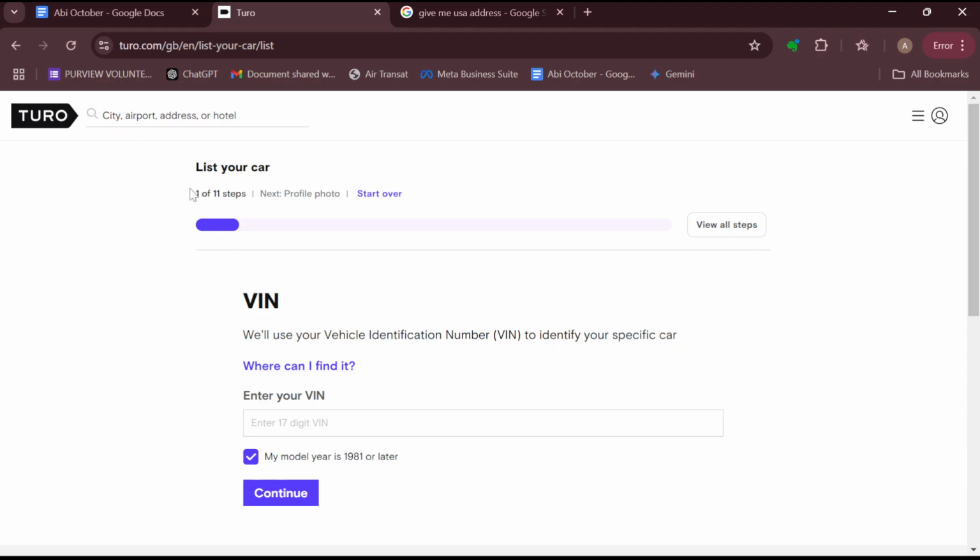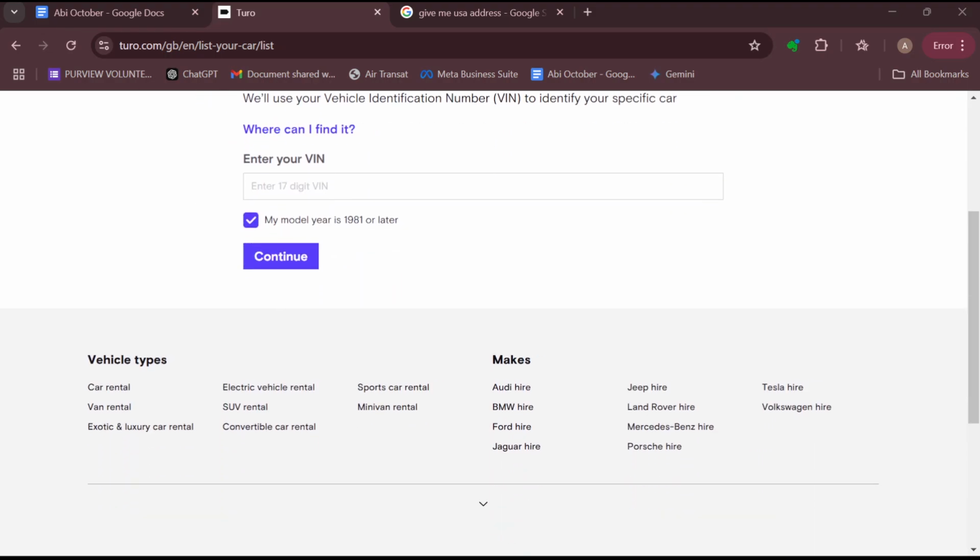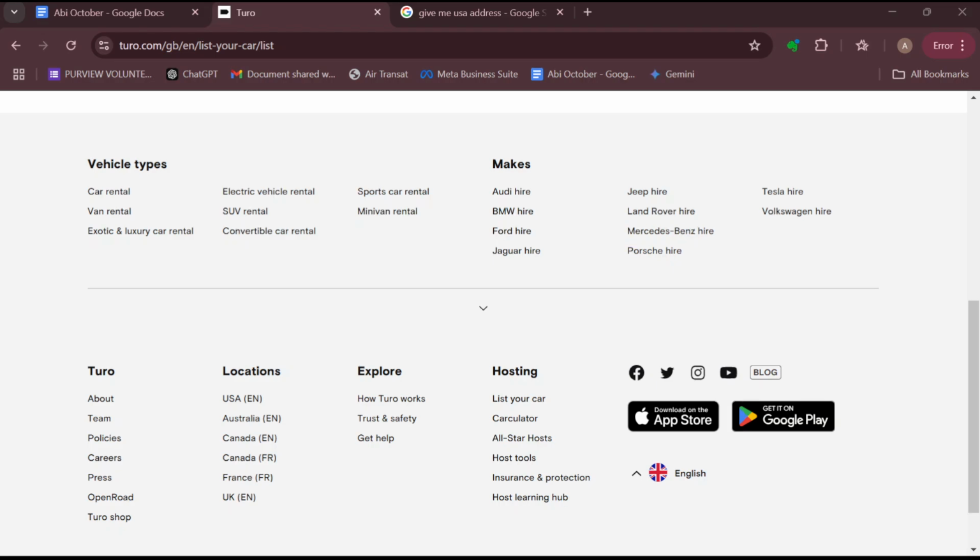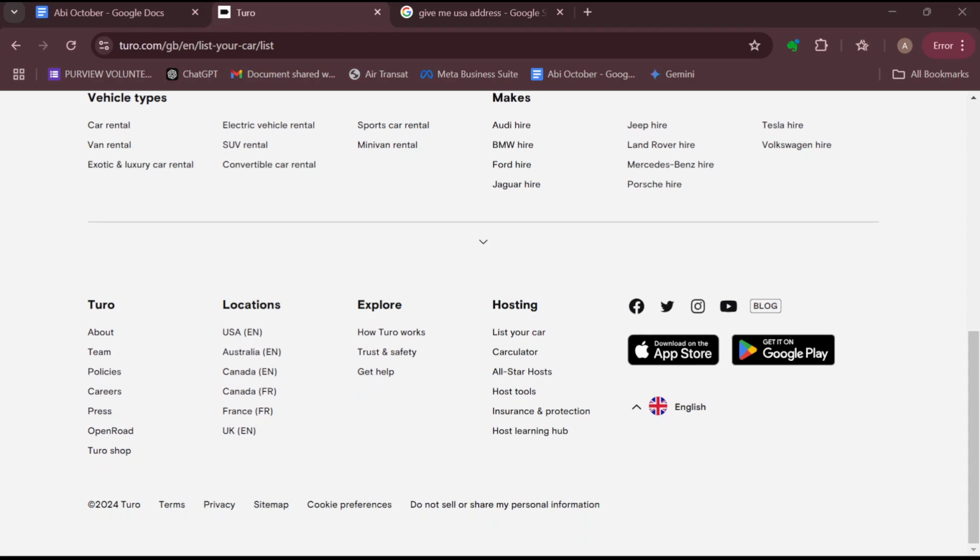Like I said, you have 11 steps to carry out in order for you to be able to become a host. After this step, you will be asked to enter your profile photo, and then you'll be asked to upload high quality photos of the vehicle that you want to list out. Once you've done that, the next thing is that you'll be asked to set your rates. You'll be asked to determine your daily or your weekly rental rates based on your car's market value,